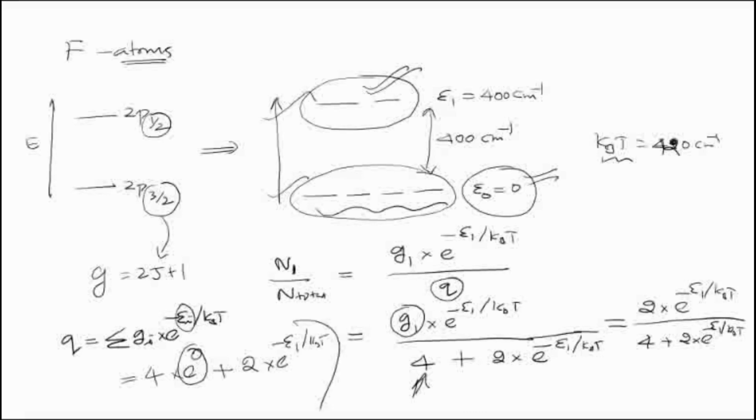ஃபாலோ பண்ண முடியுதா? 2 லெவல் சிஸ்டம்ன்றதுனால 2 டேர்ம் தான் இருக்கும். 3 லெவல் சிஸ்டம்னா 3 டேர்ம் வரும். 100 லெவல் சிஸ்டம்ஸ் வந்தா 100 டேர்ம்ஸ் இருக்கும். அவ்வளவுதான். ஃபாலோ பண்ண முடியுதா? சார், அப்ப இதுல டிரான்ஸ்லேஷன் பார்ட்டிஷன் ஃபங்க்ஷன், எலக்ட்ரானிக் பார்ட்டிஷன் ஃபங்க்ஷன் இல்ல, கொஸ்டின்